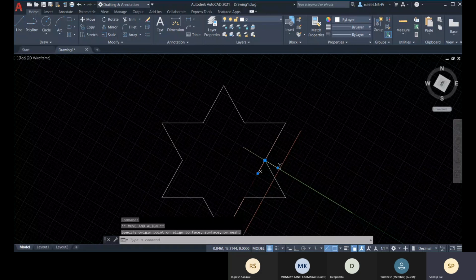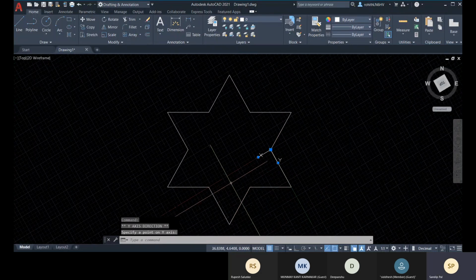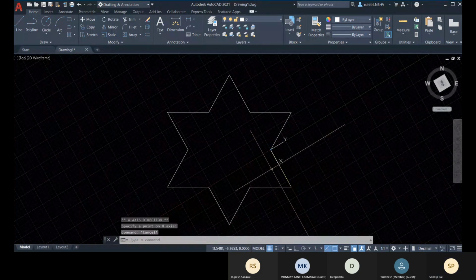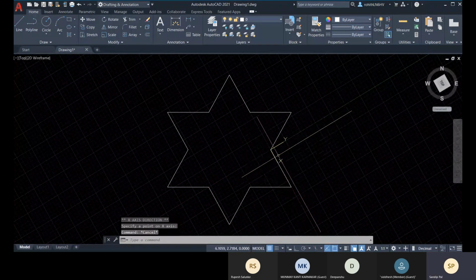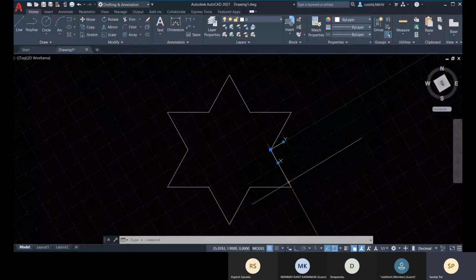So if this is the direction, better you align with the x direction. This will be the positive direction. This is the negative direction, that is clockwise direction. So this way also you can work for it.